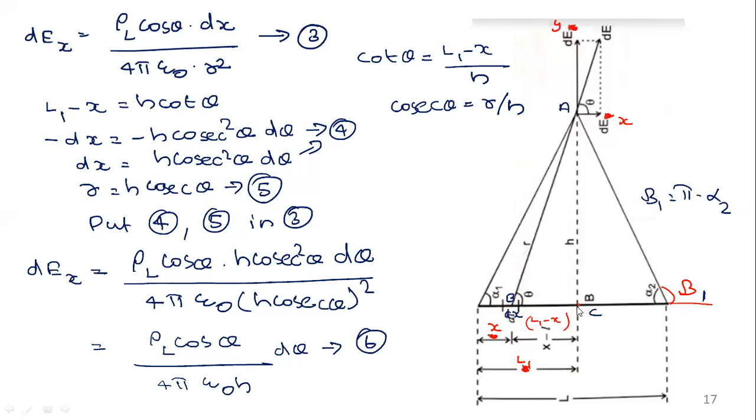Because if it is a perpendicular bisector, let me check your understanding. If it is a perpendicular bisector, alpha 1 and alpha 2 will have some special condition. Do you remember what it will be? Alpha 1 equal to alpha 2. If it is a perpendicular bisector, alpha 1 will be equal to alpha 2. So we can summarize some results. Most of the exams ask these results only.